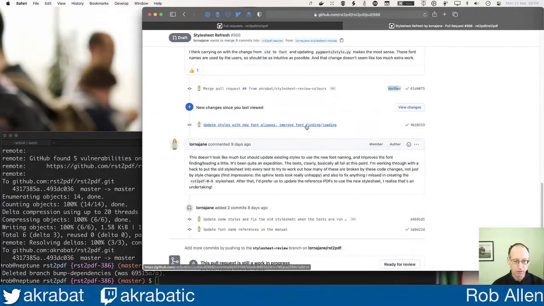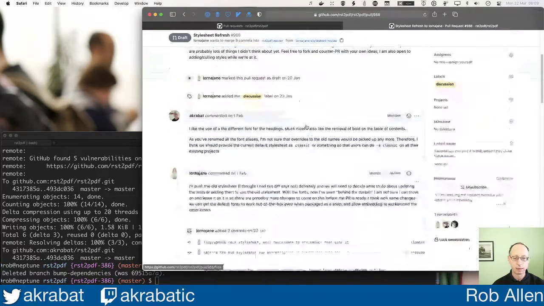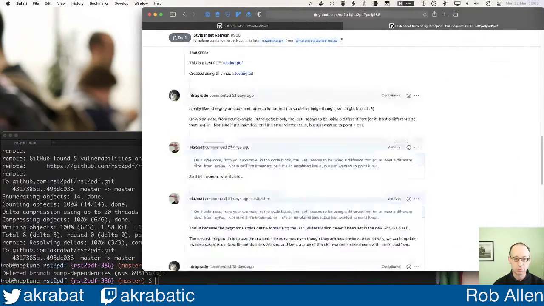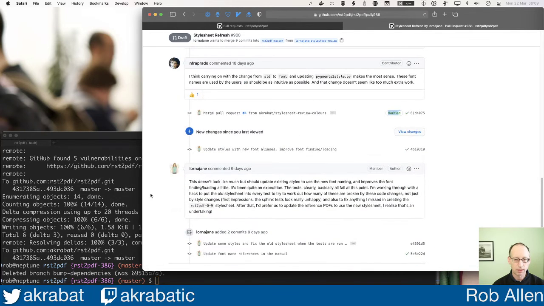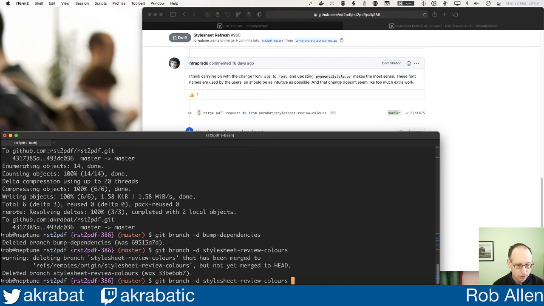So I think what I need to do is I want to kill my branch and then pull it out again. So let's start, this is called stylesheet review. Let's start by git branch -d stylesheet review colors. We don't need that anymore. D, because that's been merged actually. Let's git checkout. Git start gh pr checkout